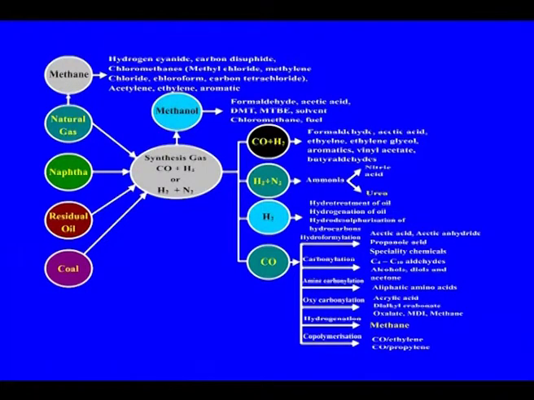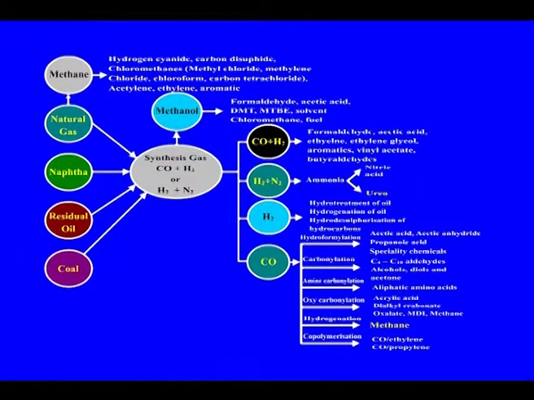You see the raw materials: methane, natural gas, naphtha, residual oil, coal, even biomass can also be used for production of the synthesis gas, which we discussed in detail in module 1 while discussing the raw materials. So, for the methanol I was discussing, formaldehyde is the major outlet, then acetic acid, DMT. In the manufacture of DMT we are using methanol, and MTBE, methyl tertiary butyl ether, where we are using methanol. Then the solvent, chloromethane, and fuel,